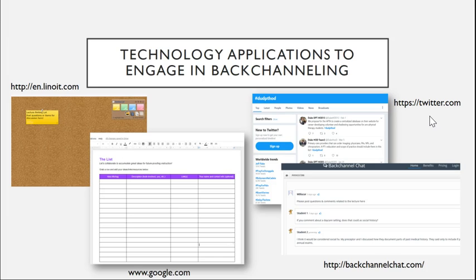And one of those applications is to use it for backchanneling, so to support, with specific hashtags, the ability to communicate about an individual course content topic. And then